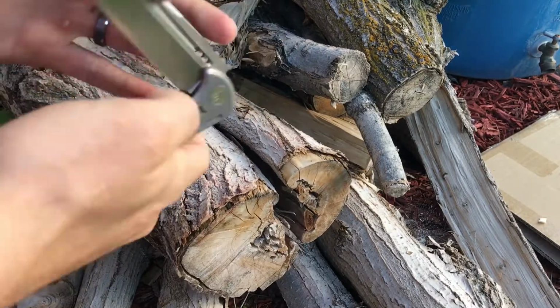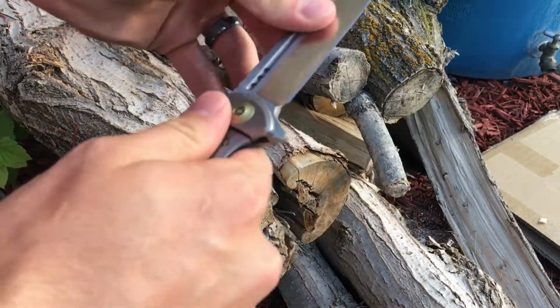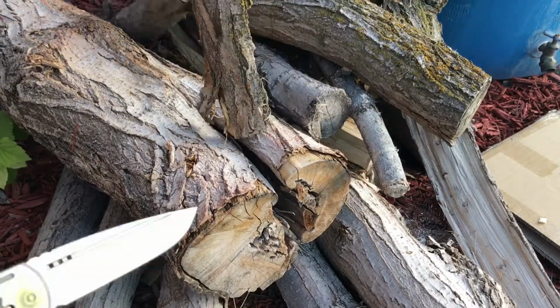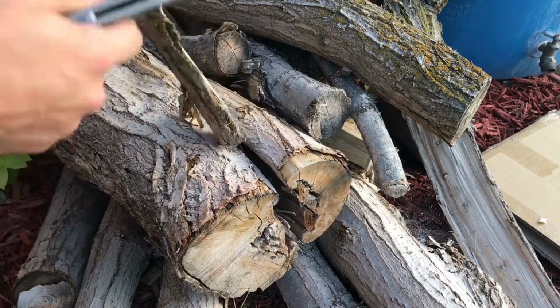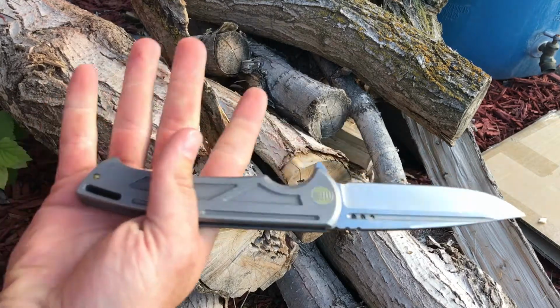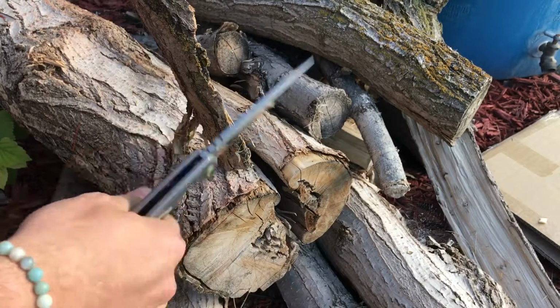All right, let's check the action. Still flawless, honestly. No blade play whatsoever. I mean, there's all sorts of things I could do to this knife just to make you guys cringe, but I'm not gonna do that. But what I am gonna do, I'm gonna hack at this dead piece of wood a little bit. Again, this is a large knife. I'm gonna kind of 3-finger it, use this point here kind of as a hook to keep me locked in,